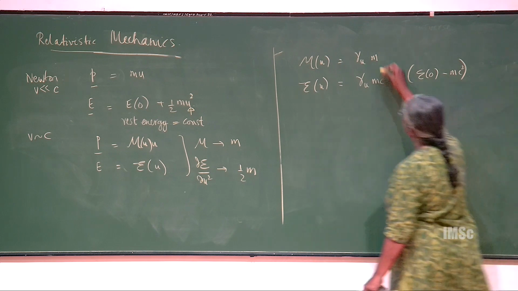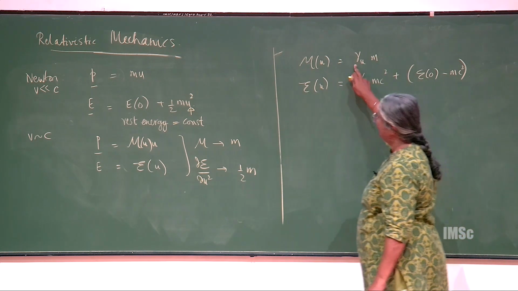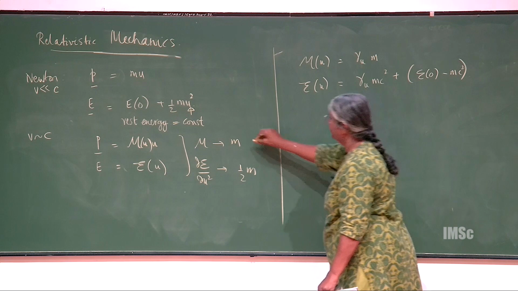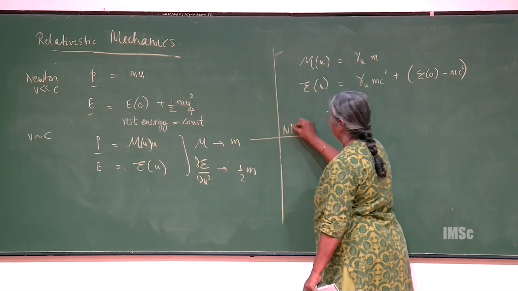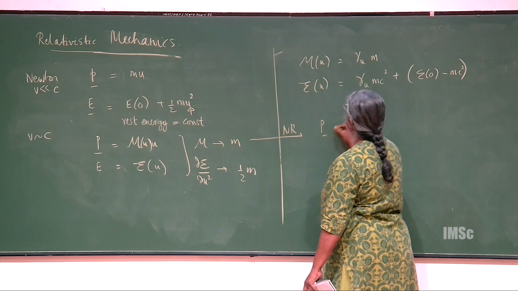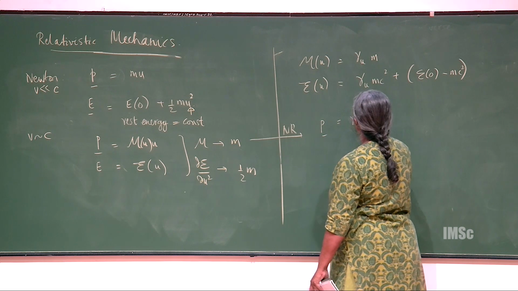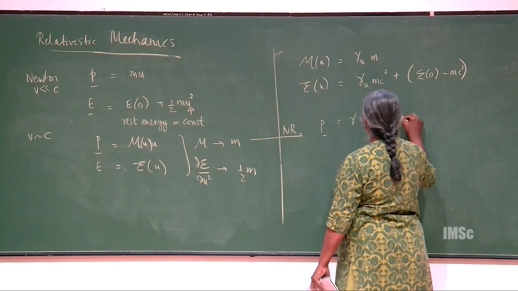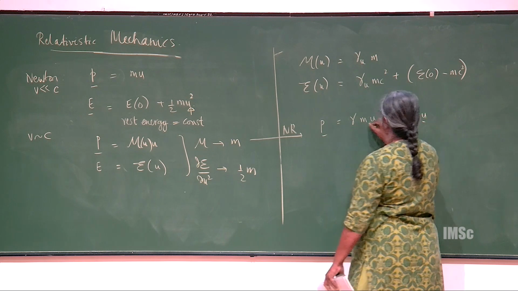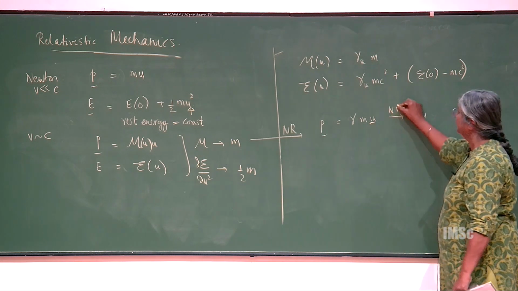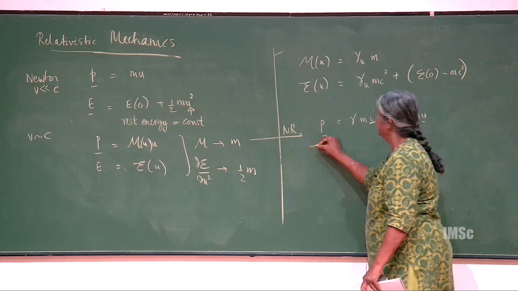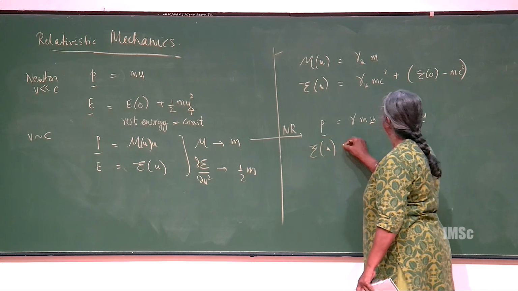And why do you say this? Because you now look at the non-relativistic limit of this. You can see that in this non-relativistic limit, P will go to gamma mu will go to mu, which is what you need in the non-relativistic limit, and E of u, because